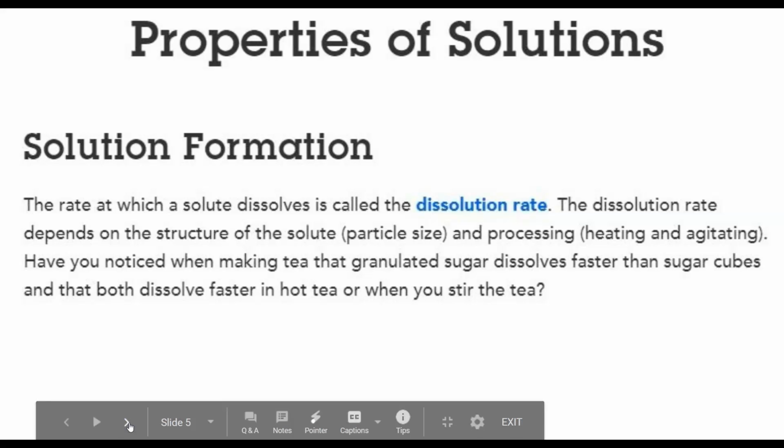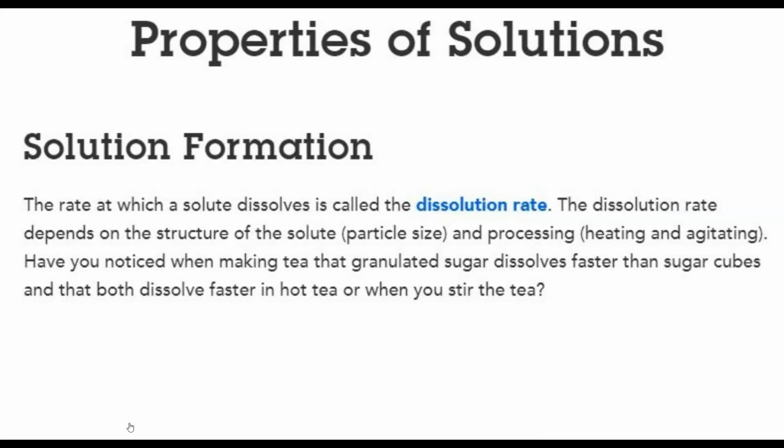Okay, so a few things we're going to talk about now is just some general properties of solutions. We're going to start here looking at how solutions are formed. First off, the rate at which a solute dissolves is called the dissolution rate. This dissolution rate depends upon the structure of the solute particles, so basically their size, and also how fast they're moving. So the faster you can get those things moving and mixing together, the faster the solvent can